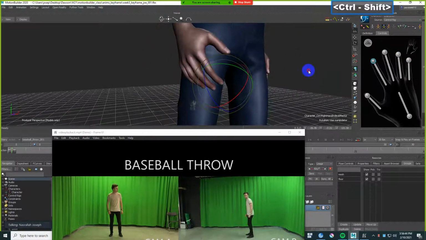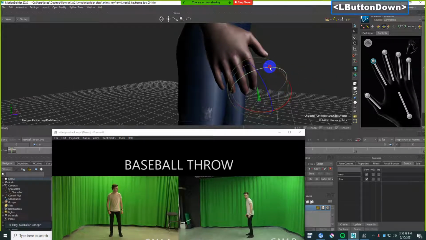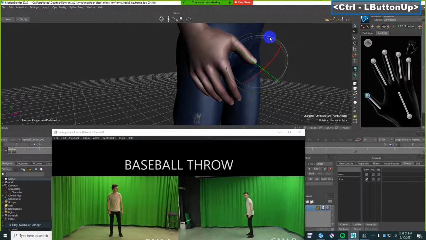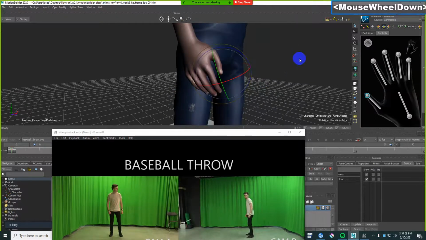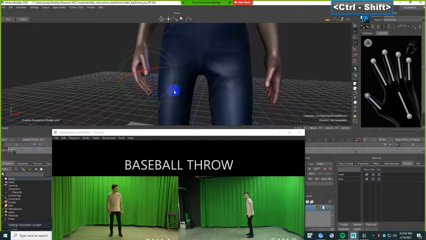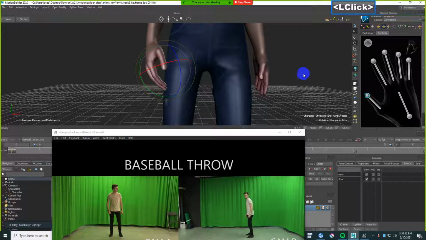Obviously, you can adjust more to make it a little bit more feminine, because they're really open. And the thumb, just bring it in a little bit. That's it. That's all I'm looking for. Just a natural pose. Look at the difference between this one and this one, right? Keyframe,